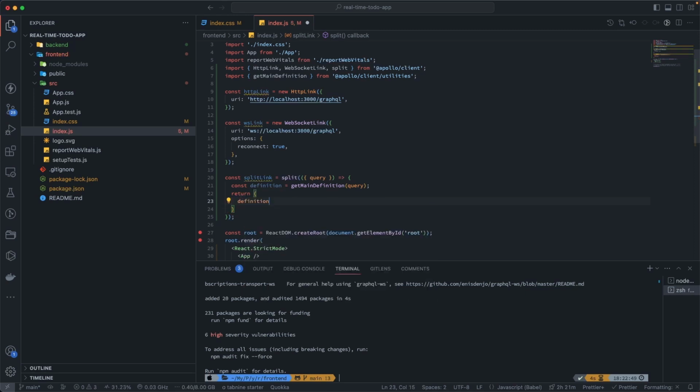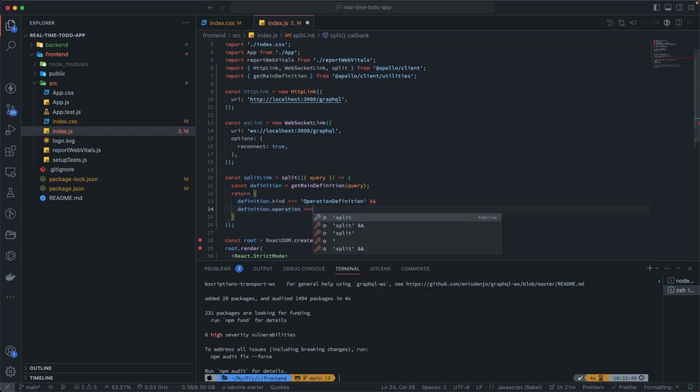Okay, so definition.kind equal to operation definition. Sorry, O is capital, OperationDefinition. And definition.operation equal to subscription. If yes, then it will return true. Okay,